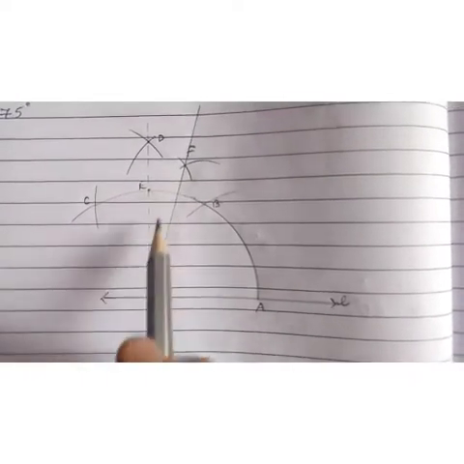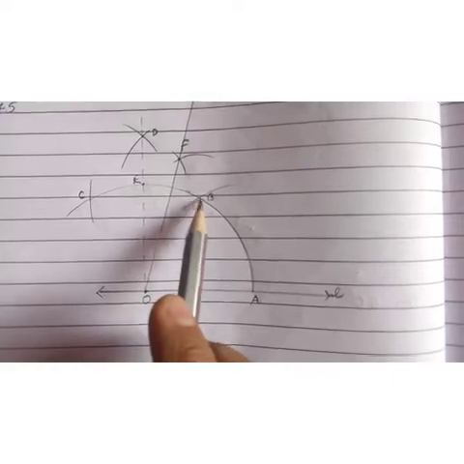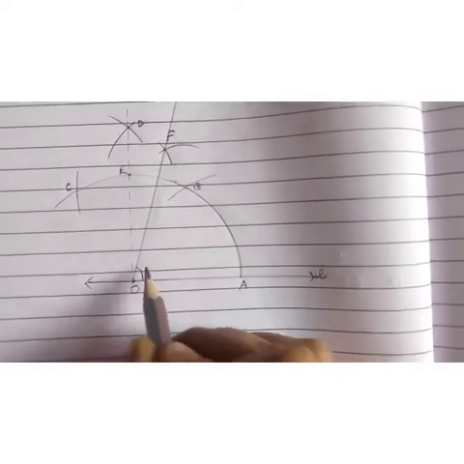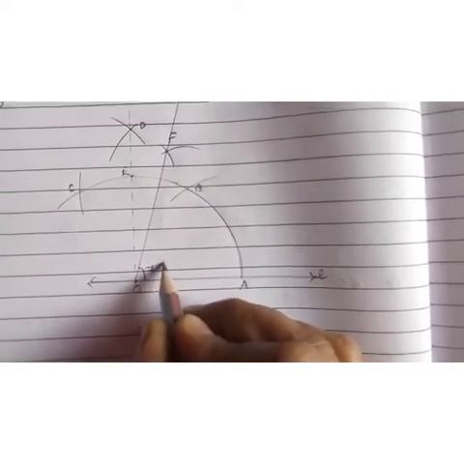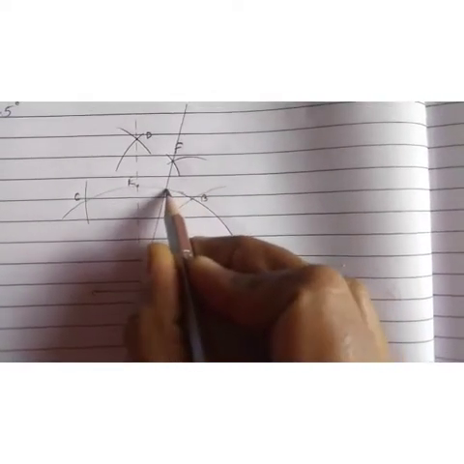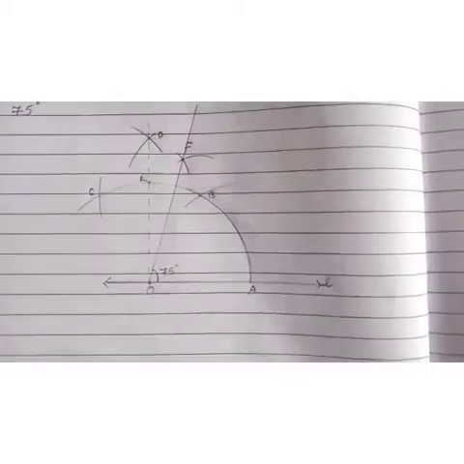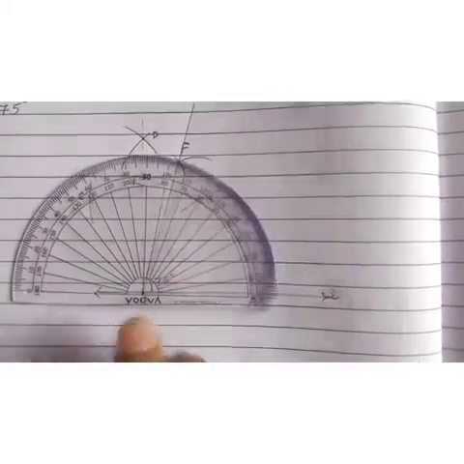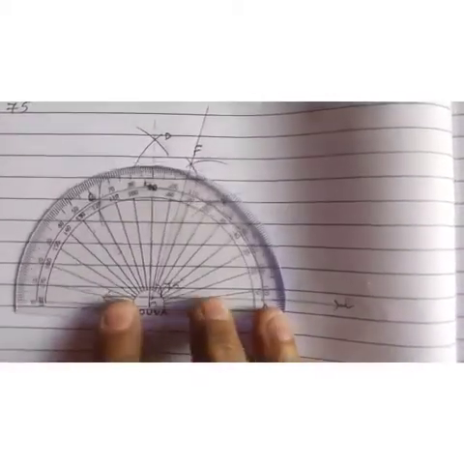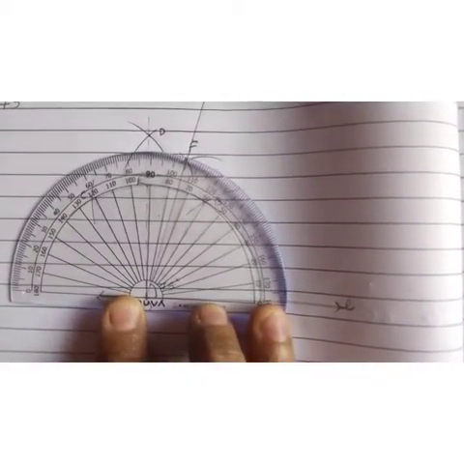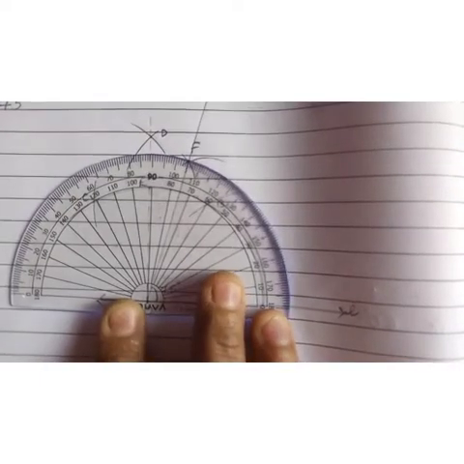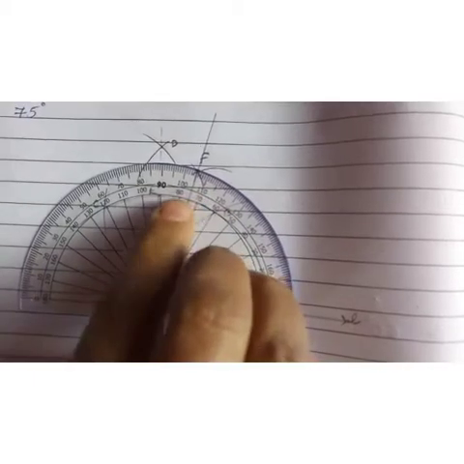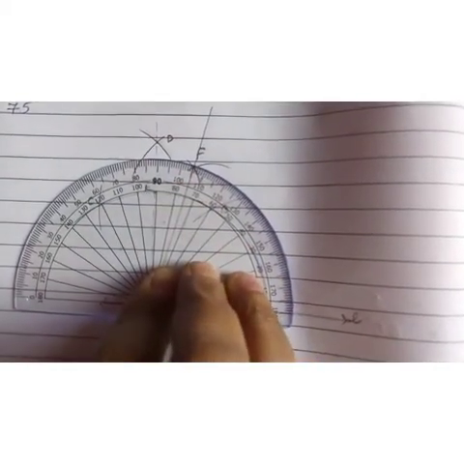So this OF is nothing but the bisector of this 30 degrees formed between E and B. Now the angle formed here will be 75 degrees. 60 here plus 15, that becomes 75. Now let us check it with the help of the protractor. Now I'll just try to show it. See here children, it is exactly coinciding here, and when you observe, see here, is it exactly 75?